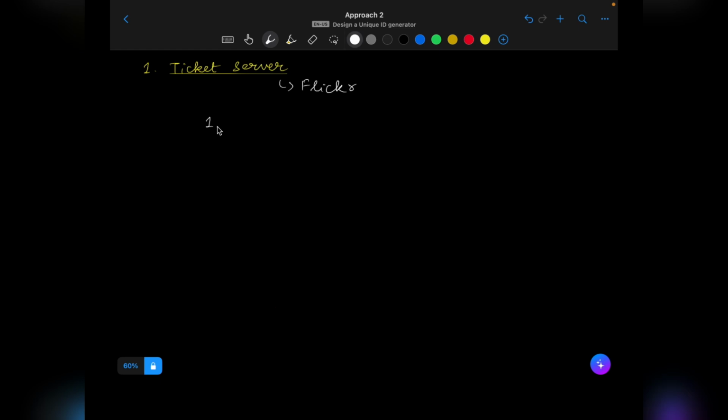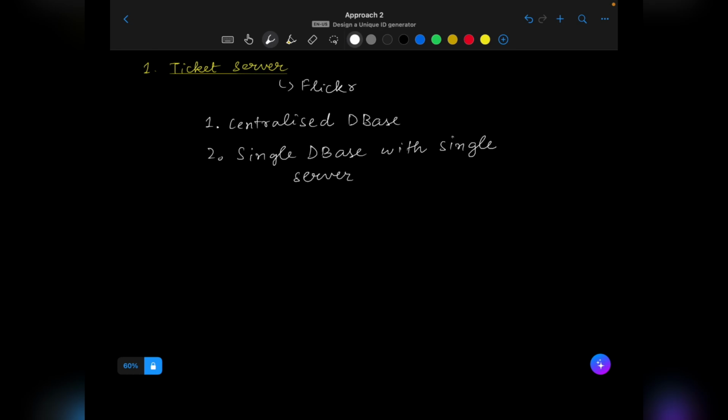A ticket server is basically a centralized, single database. It is a single database server with a single database, and it works on the auto increment feature. So with these three characteristics in work, it generates the unique ID and then it distributes this unique ID into